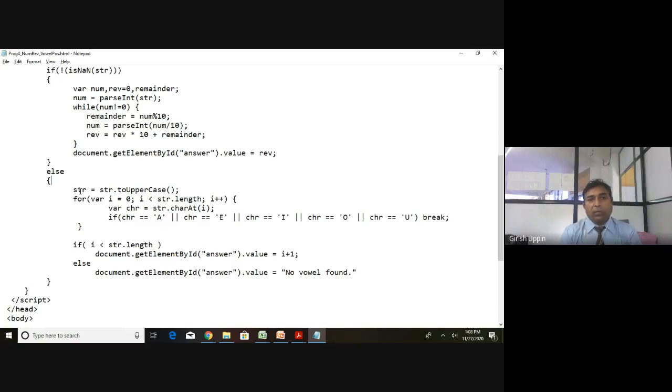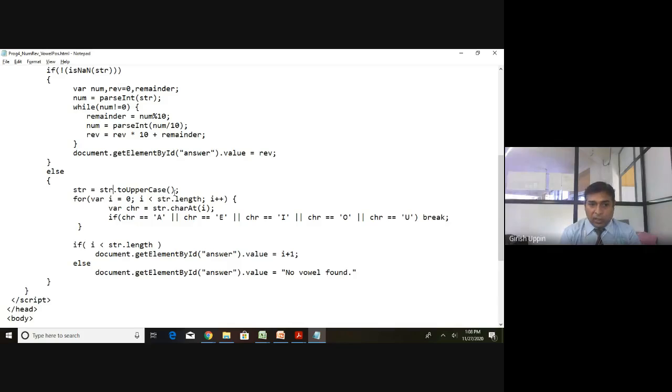Now first thing I'm doing is, we know that it is already a string. We are using the built-in function toUpperCase to make it capital letters: str dot toUpperCase, empty brackets. You remember this is a string object. With a string object we get all these functions.